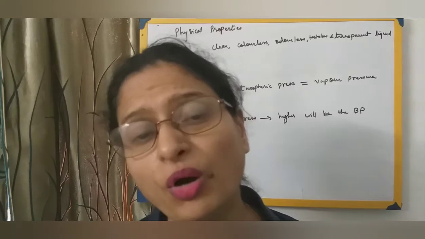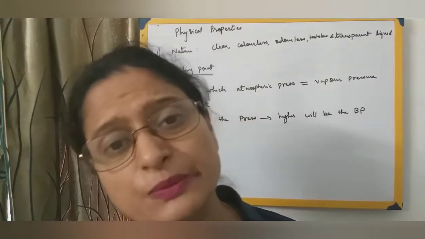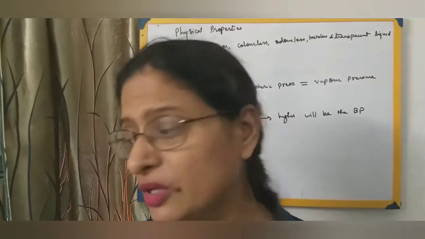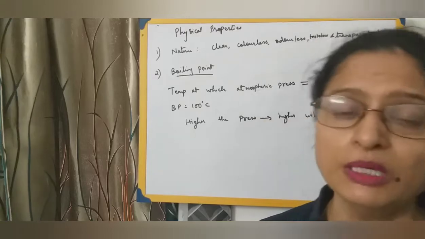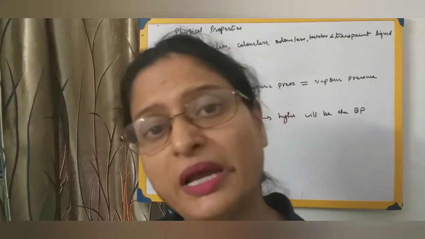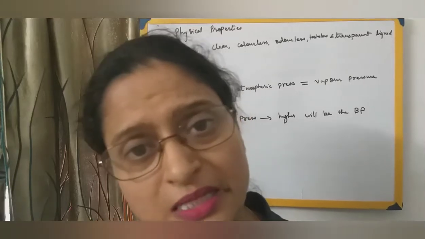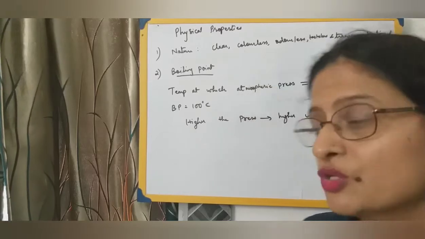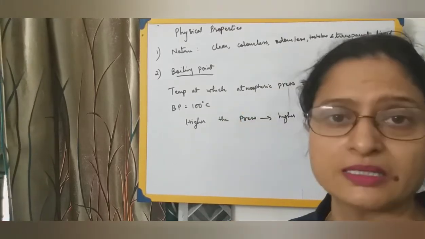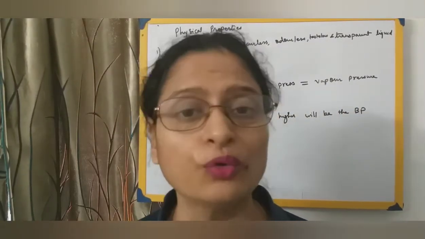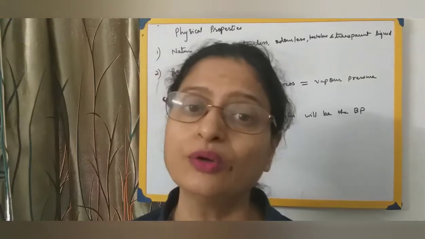So if the boiling point of water decreases, water starts boiling at a lower temperature. The usual boiling point is 100 degrees Celsius at normal atmospheric pressure. But at higher altitudes the atmospheric pressure is less, due to which the boiling point decreases, and water will boil at a temperature less than 100 degrees Celsius. When we cook food, water is the medium for cooking, so the food will not get cooked properly.